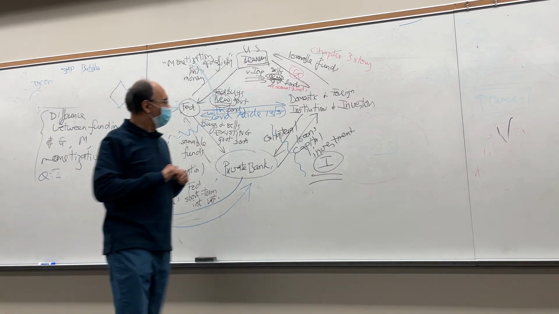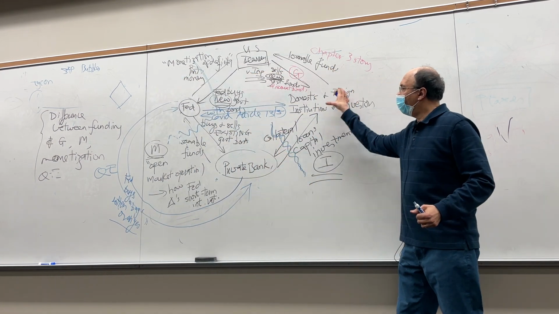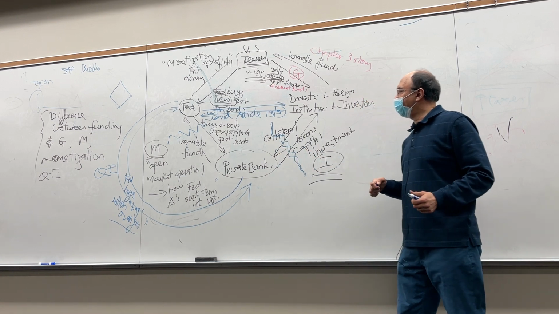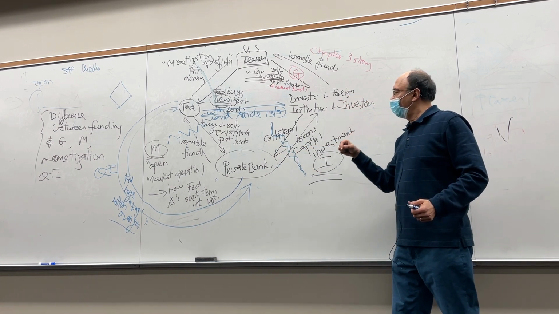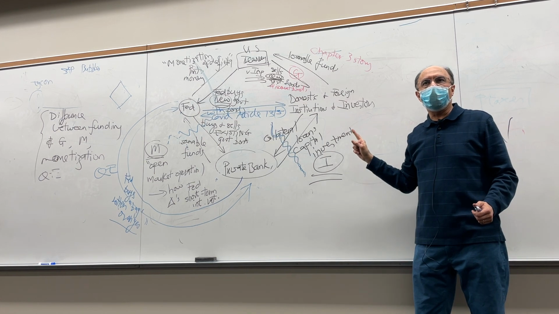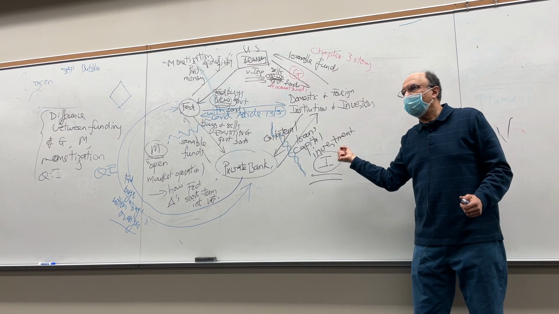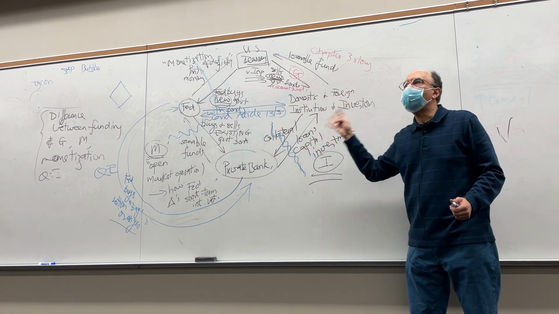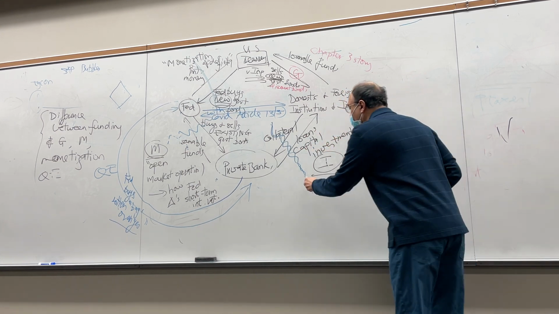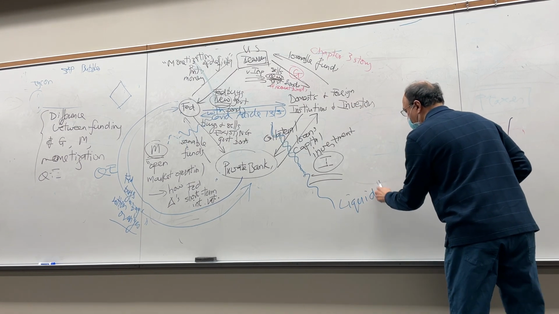And the other problem was here. Sometimes you want to borrow from your private banks, and they will not lend to you. Sometimes you want to lend to these people, and they will not borrow. Liquidity trap. The liquidity trap will break down this relationship. So here, the fracture is a liquidity trap.